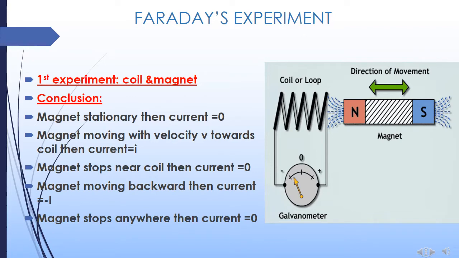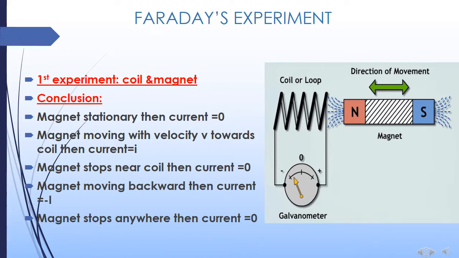So we have considered a coil and a magnet, and we connect the two ends of the coil with a galvanometer, which will inform us whether there is a current in the coil or not. There is an axis of the coil where we keep a magnet, and we can move this magnet in the left and right direction. Now we are observing the relation between the movement and the current of the coil.